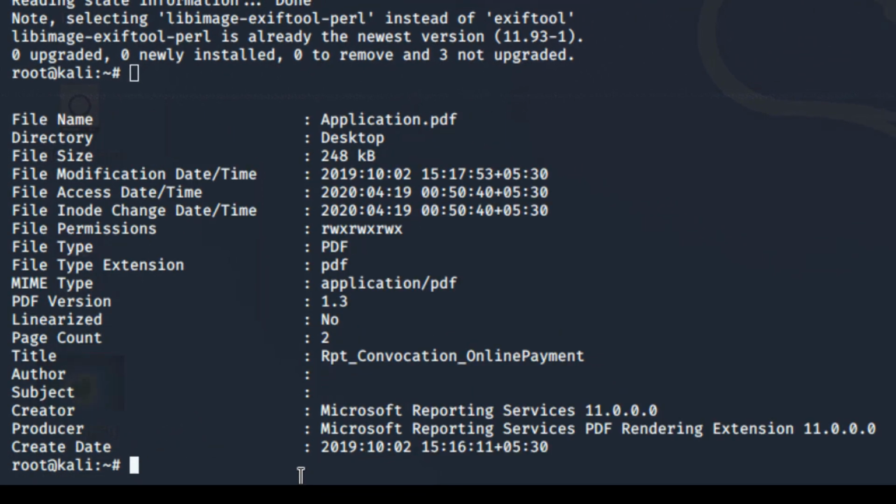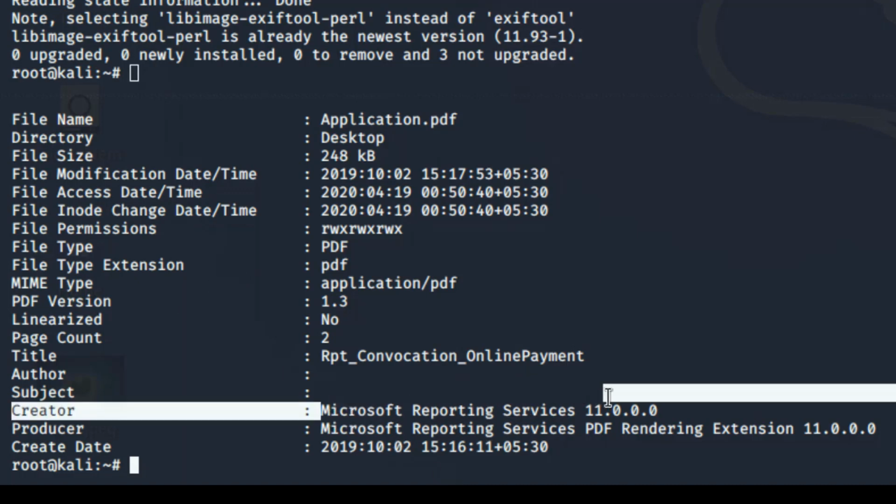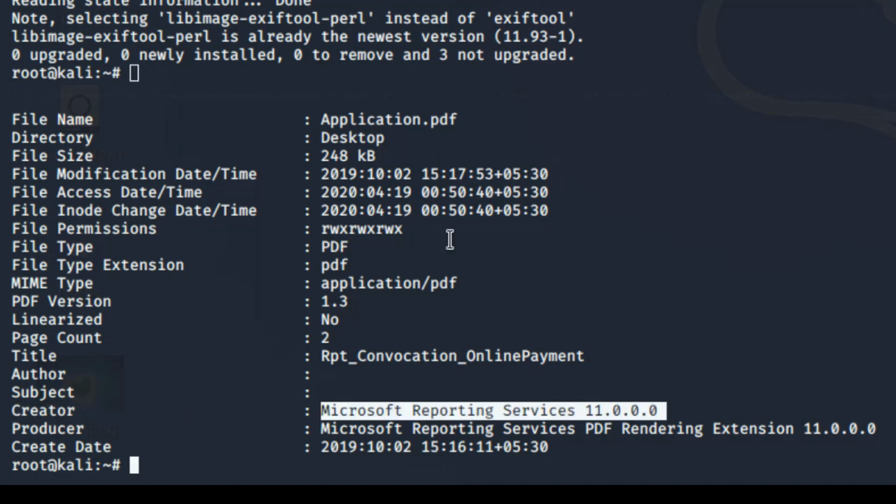After entering, you can see all the details of that application.pdf file: in which directory it is saved, the size of that file, the modification date, the access date, the permissions which that PDF file has, the extension, the number of pages, the operating system on which it was created, the producer of that PDF, and the date it was created. All those details of your PDF you can get by just using this exiftool.